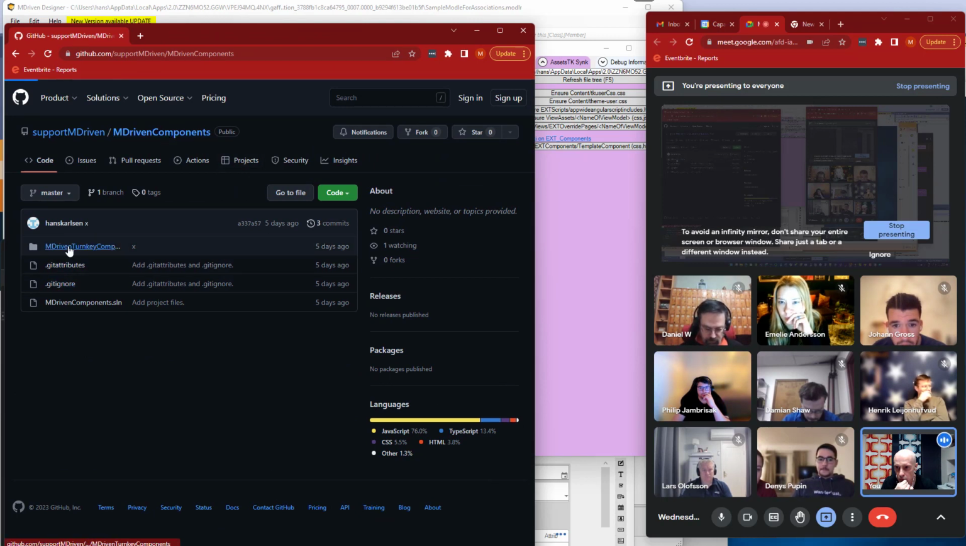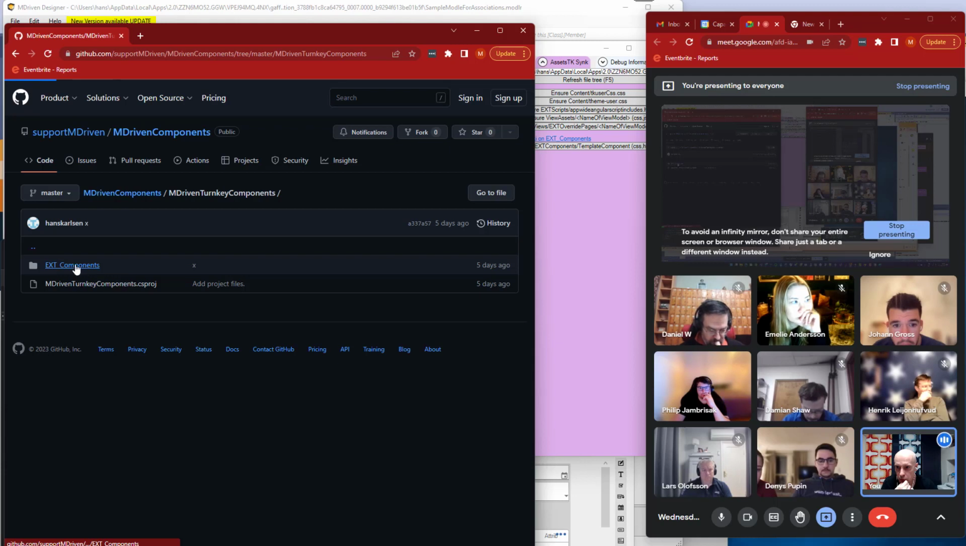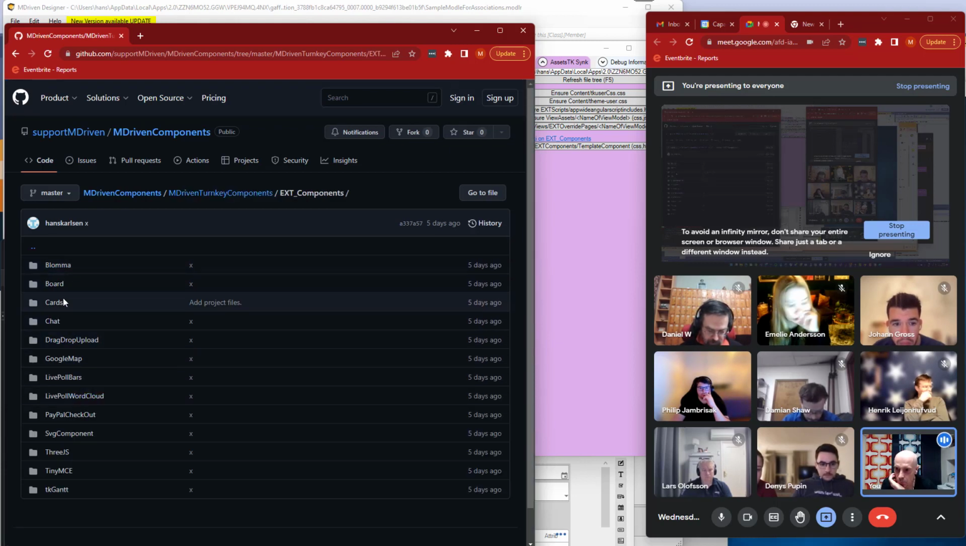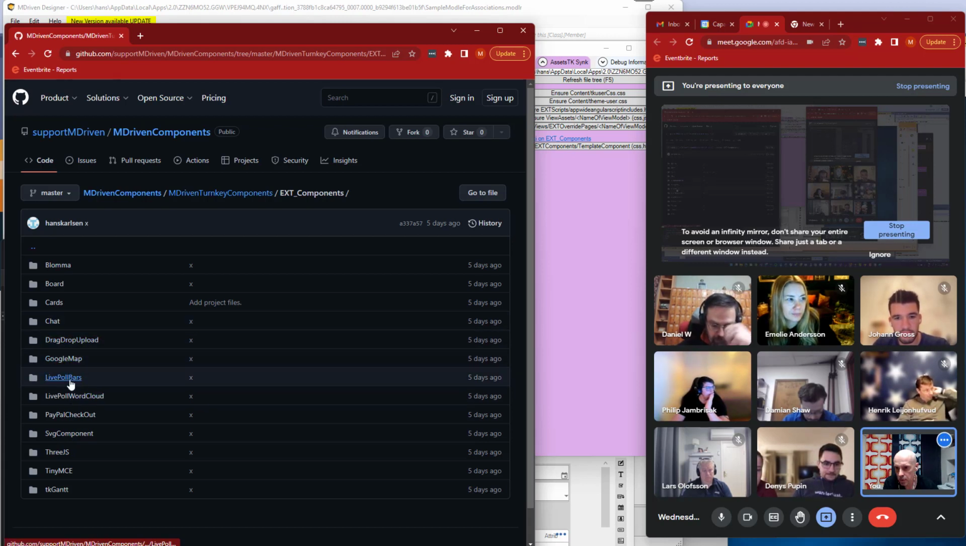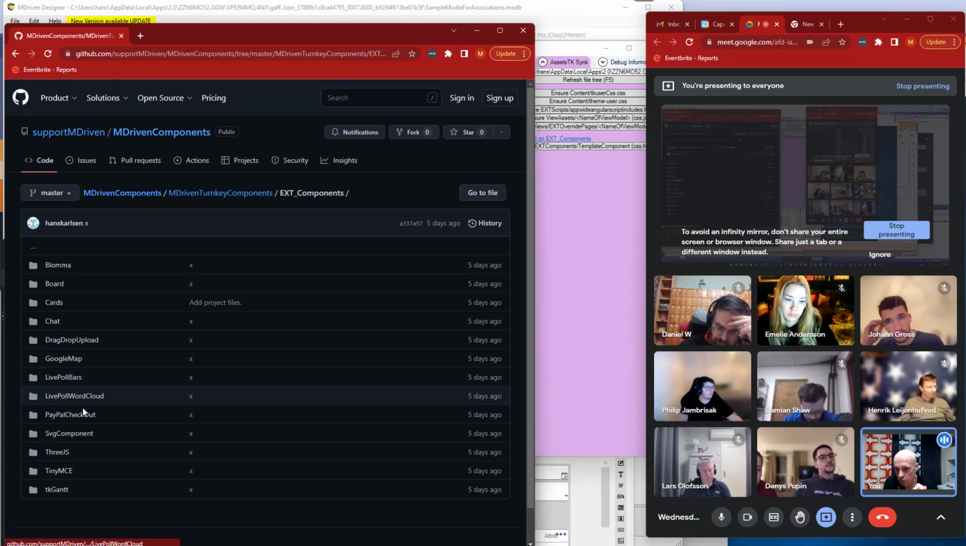MDriven components. And what I've put here currently is the board, the Trello board thing, the cards that we did for one project, flipping cards, the chat thing that we did for another. So that's not a chat per se, it's just the visualization of you and someone else. The drag and drop upload, the Google Map, the live poll bars that we did for the demo with the live poll application, and the word cloud for that, the PayPal checkout,